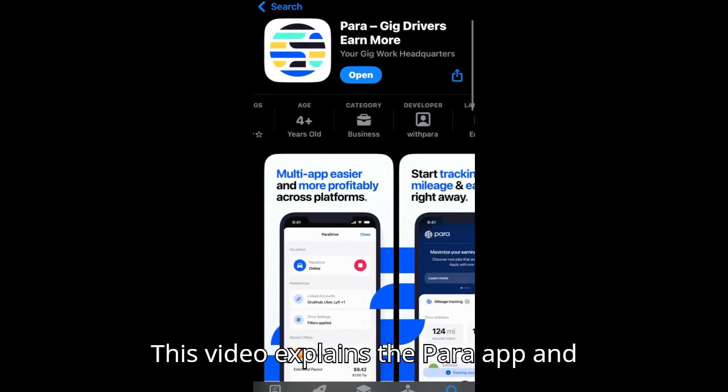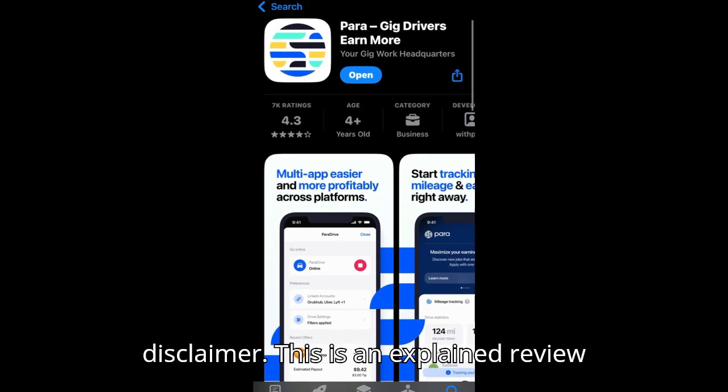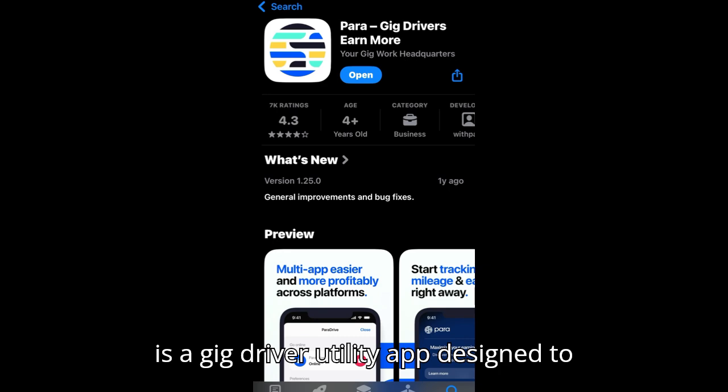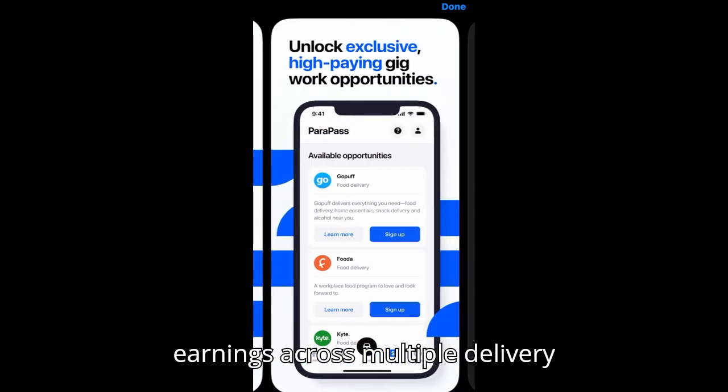This video explains the Para app and whether it's worth using. Quick disclaimer. This is an explained review based on user feedback and online data, not personal use or a visual demo. Para is a gig driver utility app designed to help workers manage and maximize their earnings across multiple delivery